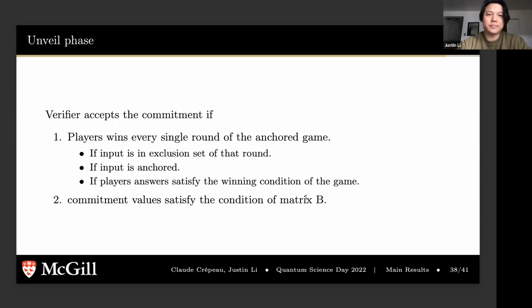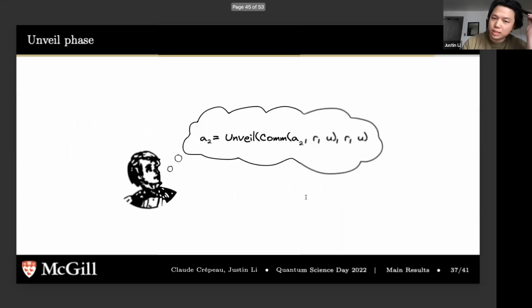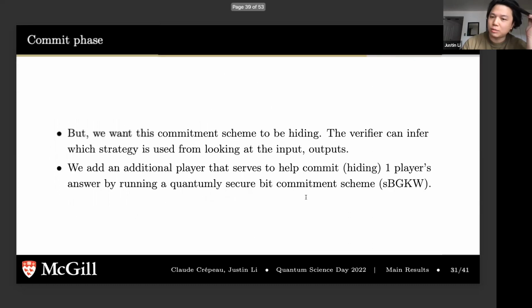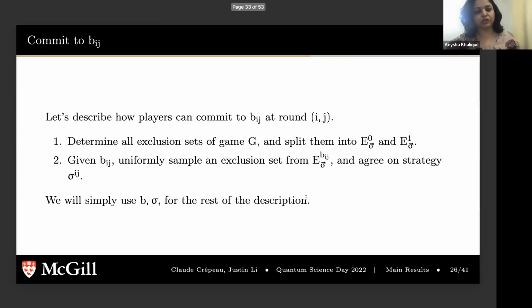Okay. So there was another question which has been asked. Could you please comment on how to decide the exclusion list from the list of games G? The list of exclusion sets. Yeah. So how to partition them? Yeah. So like I said, this is actually not strict. As long as there's a non-zero exclusion set on one side, this should actually work fine.